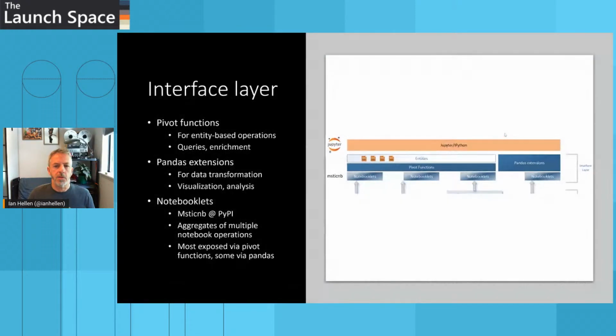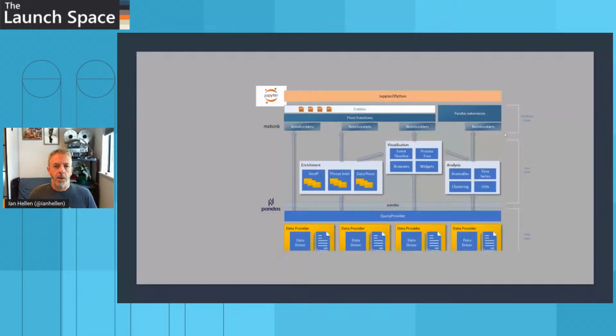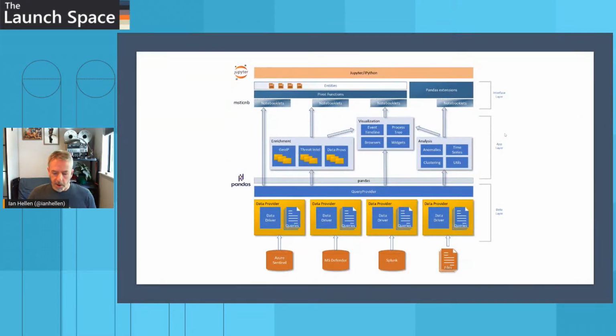So we tried to more recently build more a kind of framework. So how can you discover and use all this functionality in an easier way? We'll look at some of these things: pivots, entities, pandas extensions, and notebooklets. I won't describe them here because I cover them kind of later on. So that's MSTICPy in slideware,